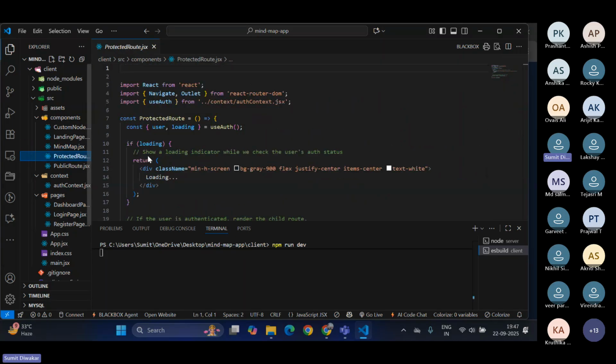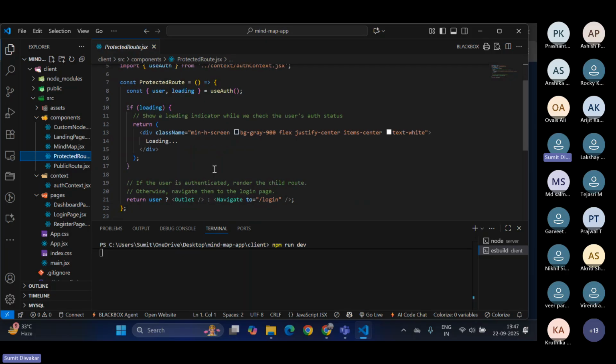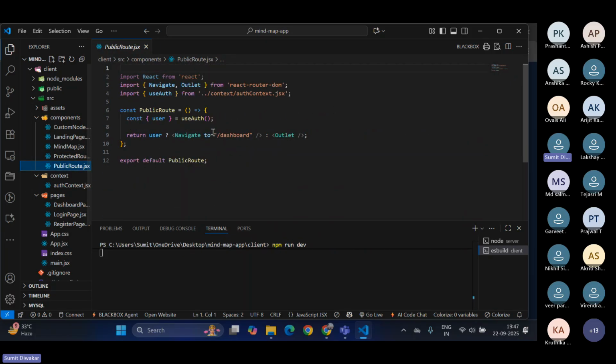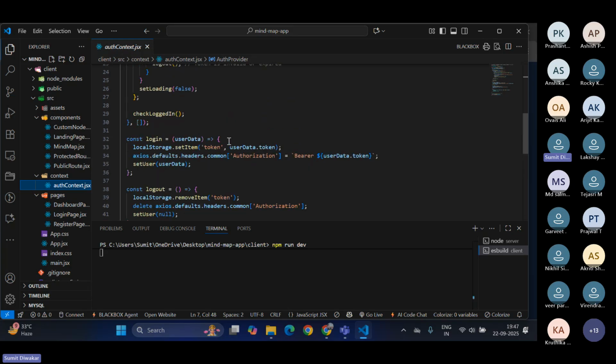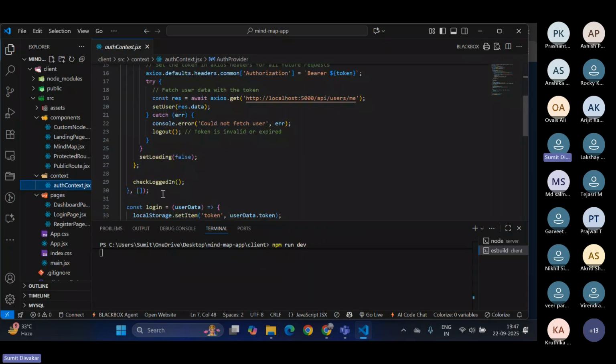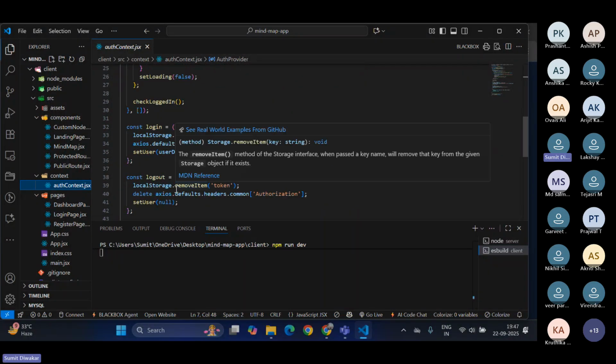And simply the protected route, so that the authenticated user can access the feature, not the others. And the public route is the dashboard page where all the authenticated login users can access the dashboard. And the auth context is used for the logout and login to check from the backend whether the user is logged in or not. If they are logged in, they can access the features. If not, they simply see that the token is invalid or expired and simply login the feature and the logout features